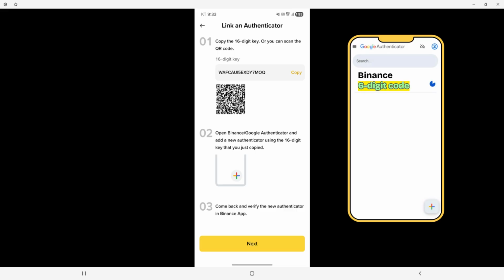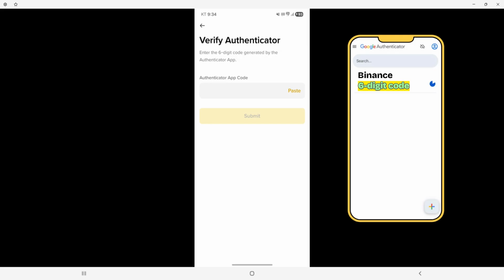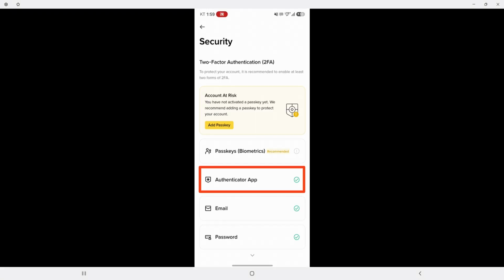Copy the displayed 6-digit code, and return to the Binance app. Tap the next button below. When the Authenticator app code input field appears, paste the 6-digit code you copied from the Google Authenticator app. Once you have completed these steps, Google Authenticator will be successfully connected, and the security of your Binance account will